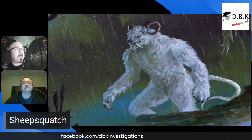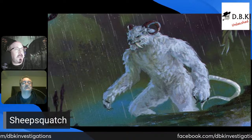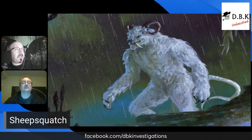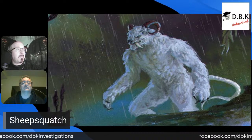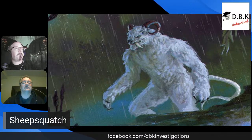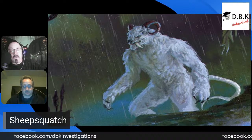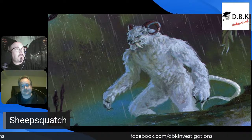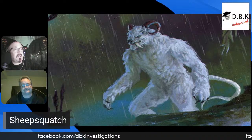The white thing stopped at the edge of the forest when they crossed it and let out a terrible scream. Then it turned around and headed back into the woods. The next morning, the campers returned to their campsite and the trail home, finding it torn up. They described it like someone had tilled it for gardening. So we've got it attacking, ripping, tearing and shredding everything. And then we've got another sighting in 2015